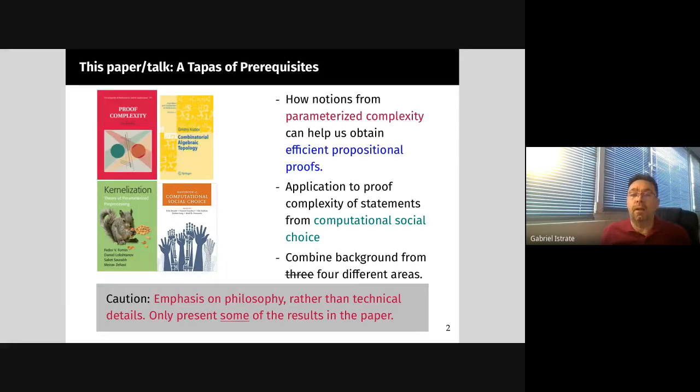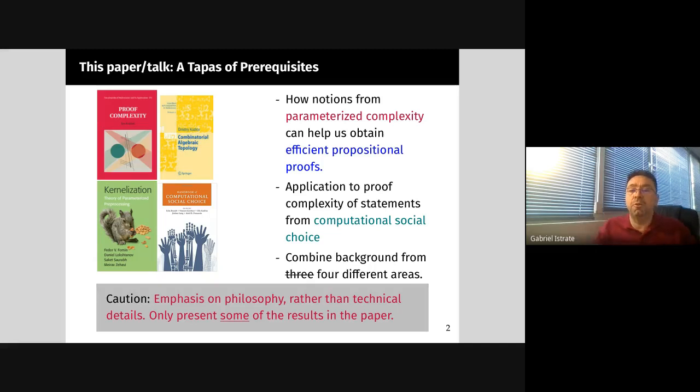So, I like tapas in real life and in research, and combining different research areas is a nice way to learn about lots of cool stuff. So I said in this paper that to understand what we're doing, you need a little bit out of three research areas, and I realized preparing these slides that I was wrong. You need a couple of notions from four different areas. So these are proof complexity, and then parameterized complexity, specifically kernelization, and computational social choice, and last but not least,